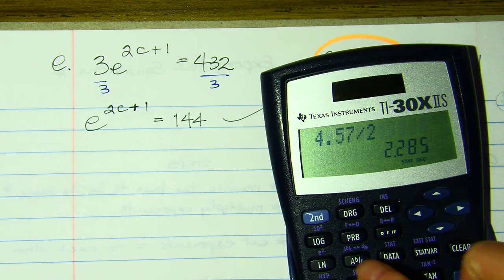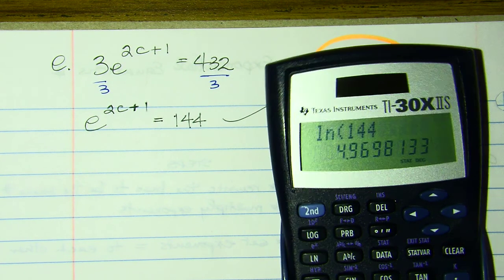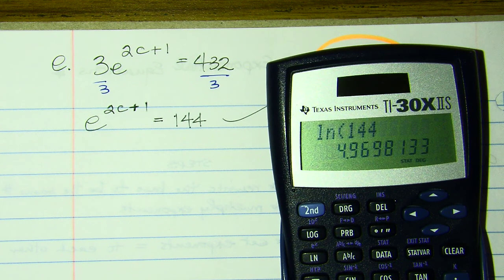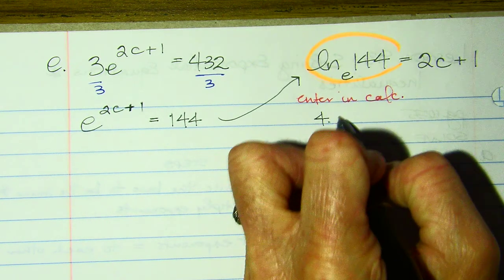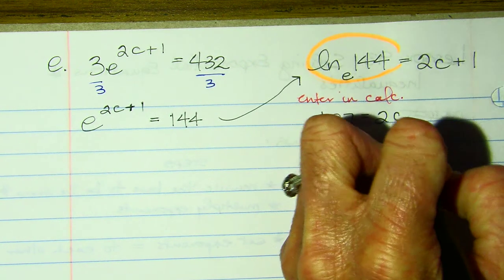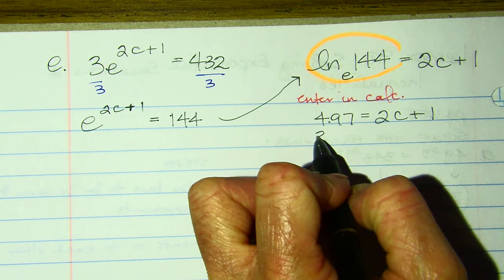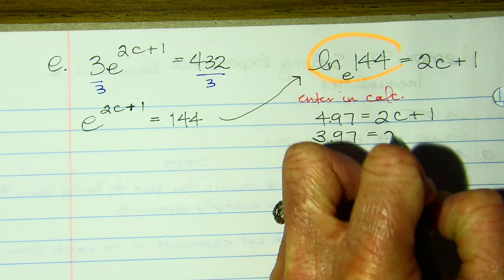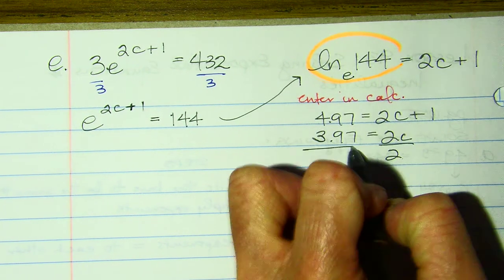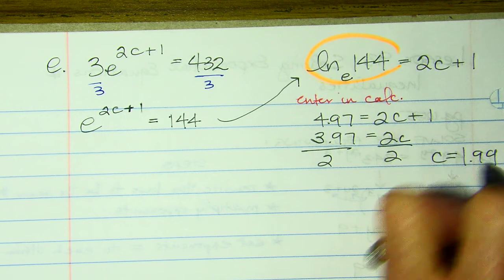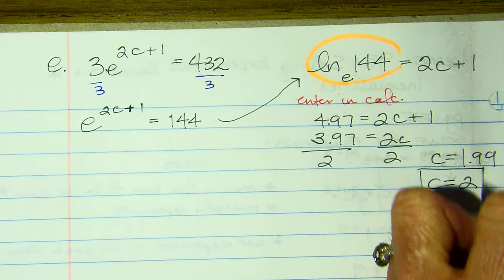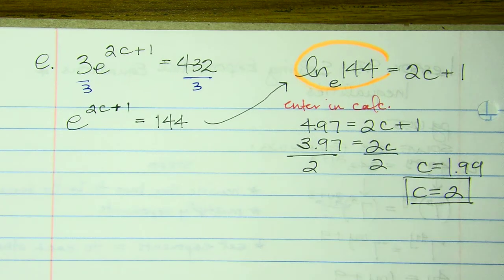So you hit natural log of 144. And you get 4.97. I'm going to round it to 4.97 equals 2c plus 1. Subtract the 1. Divide by 2. And c equals 1.99 or c equals 2. Moving on